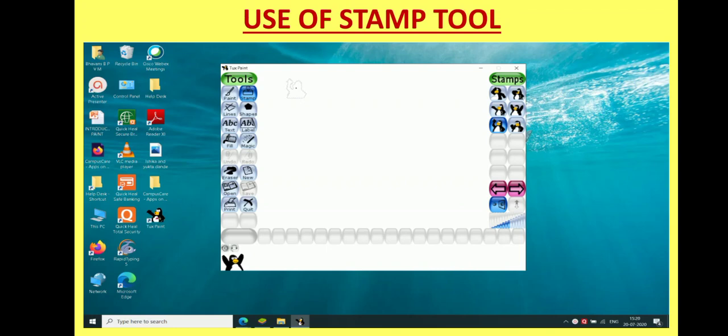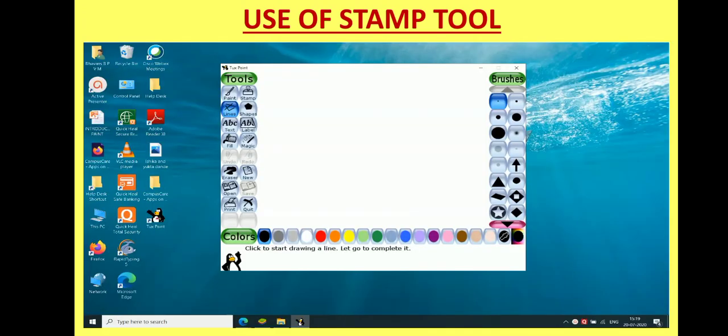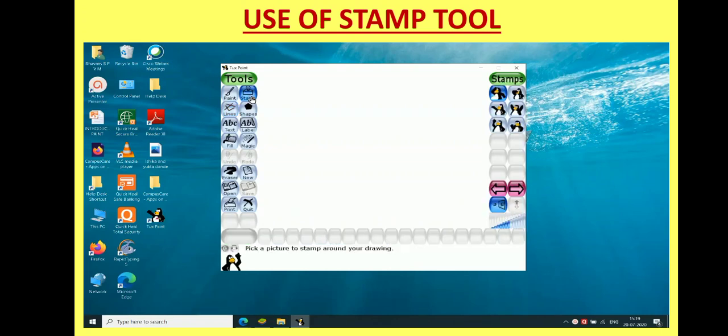Use of stamp tool. Now, as you can see on the screen, I will discuss how stamp tool can be used in TuxPaint. If you want to use stamp tool, first of all click on stamp. So on right hand side, various types of stamps that are available will be displayed.